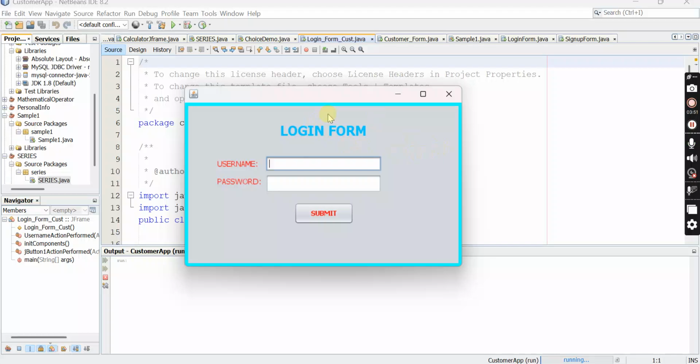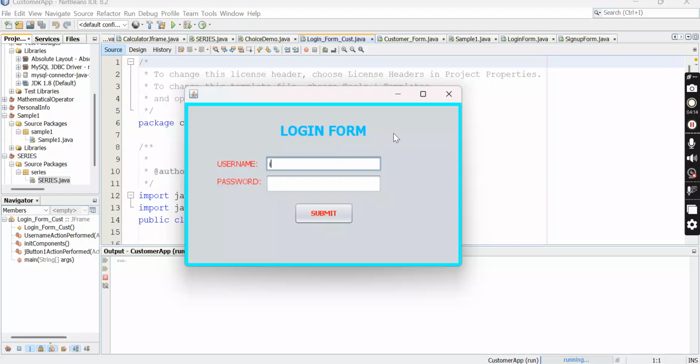This is an example of a login form. The purpose of that is to secure the system, to give credit to users who are registered in the system. That is the first phase of the security of your system.